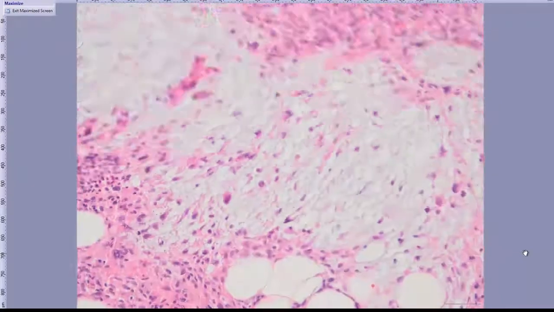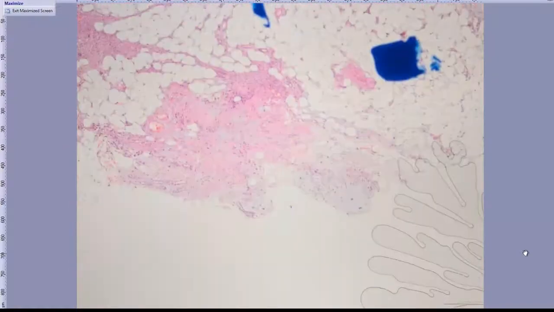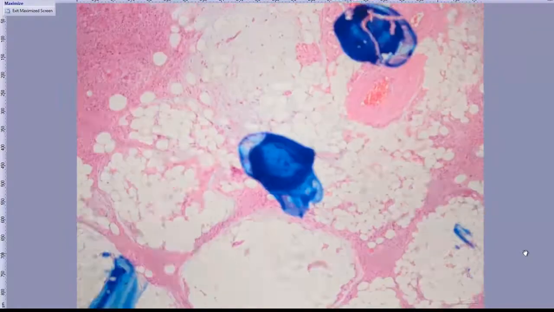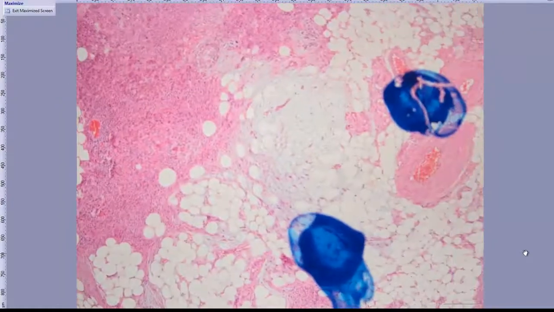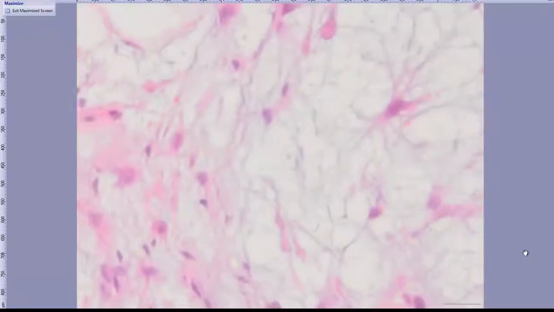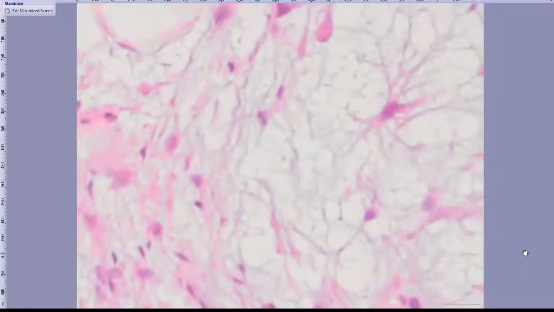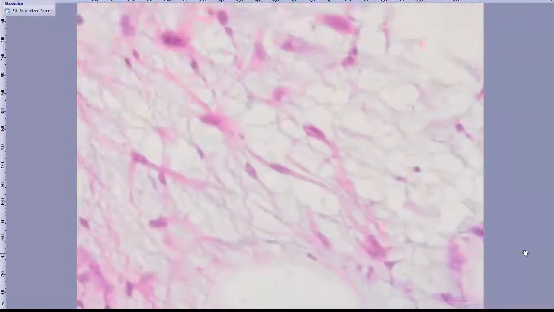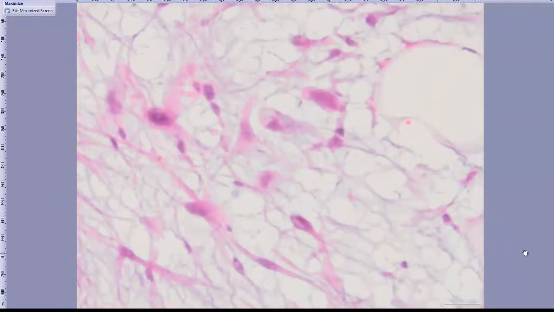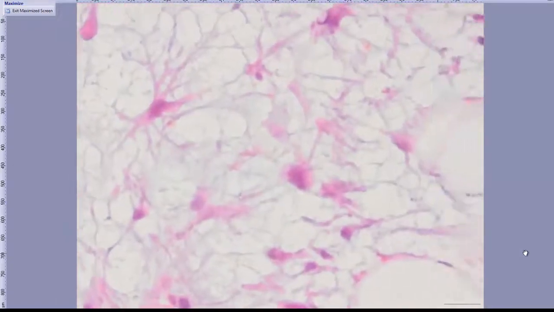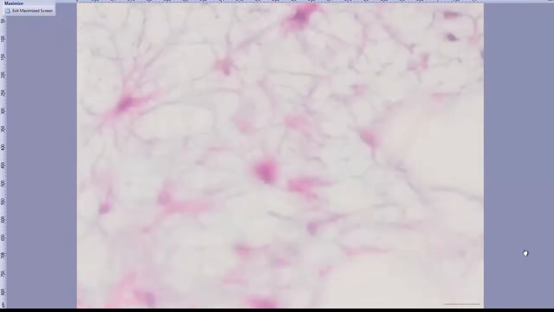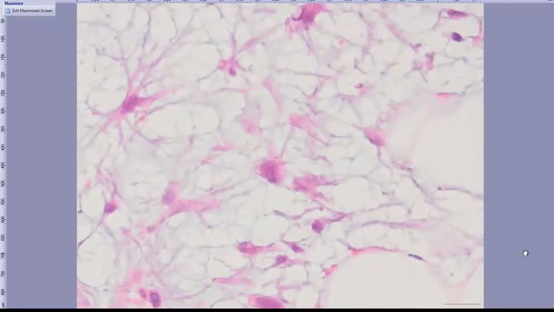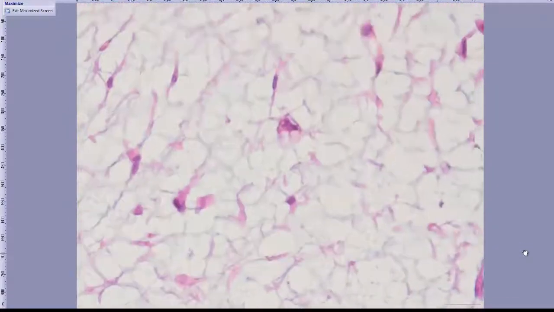And these myxoid areas, at least some of them, contain lipoblast-like cells. Yeah, here we go. We have a cell with multivacuolated cytoplasm. Another one is here. And these lipoblast-like cells